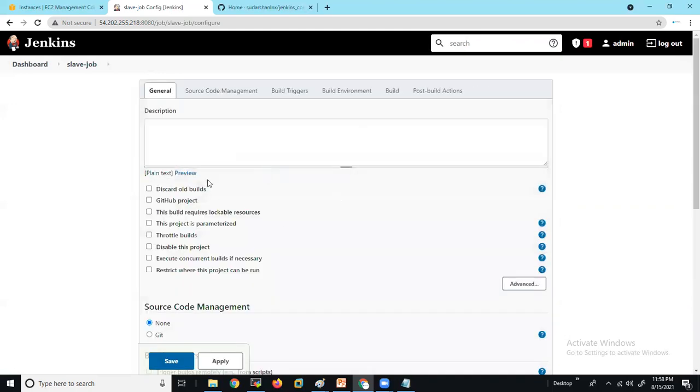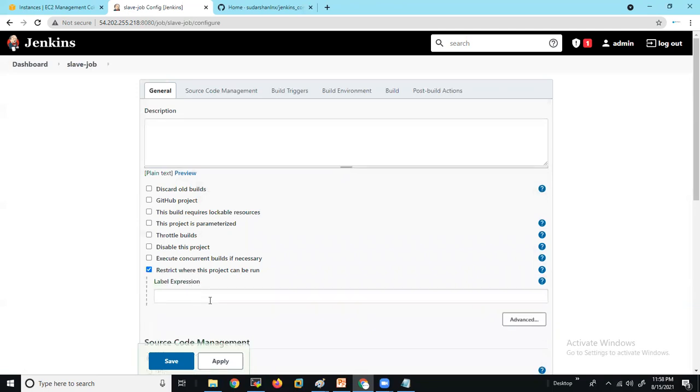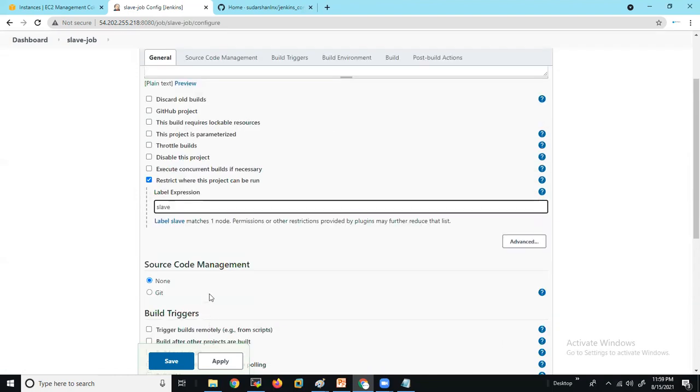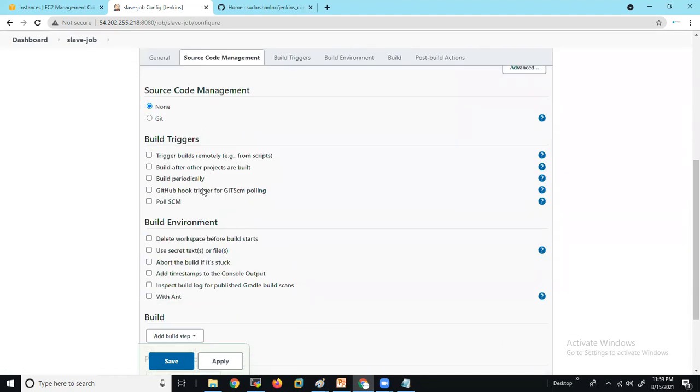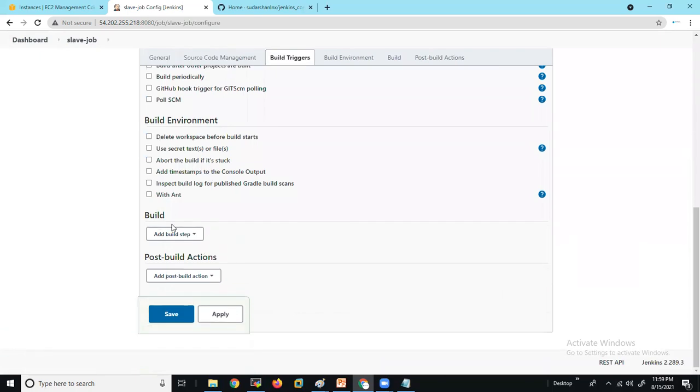We'll discuss all these options later in the session. Select just restrict where this project can be run. It should be run in the slave. Select slave. Okay. And scroll down, go to build. Just 2 steps only we do here. In this build, execute shell.